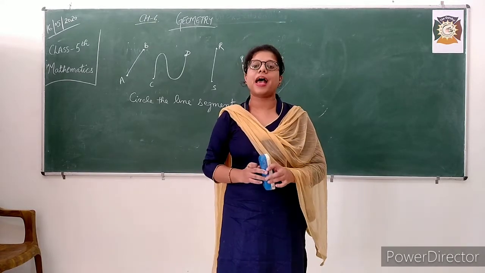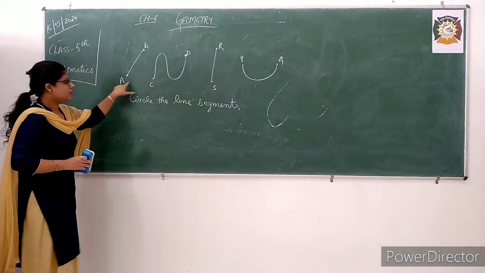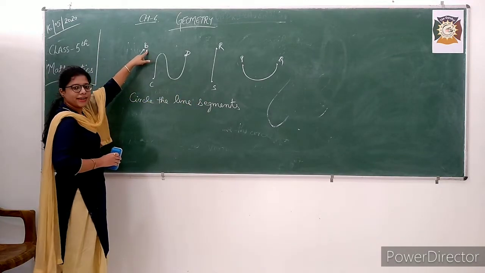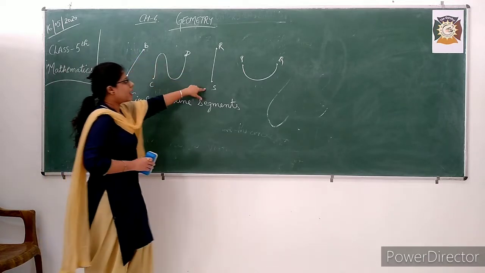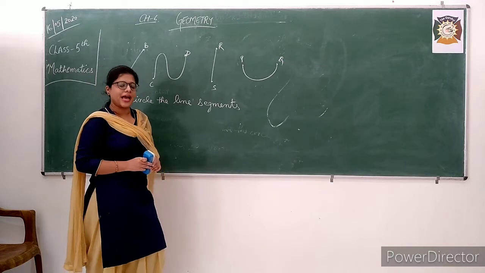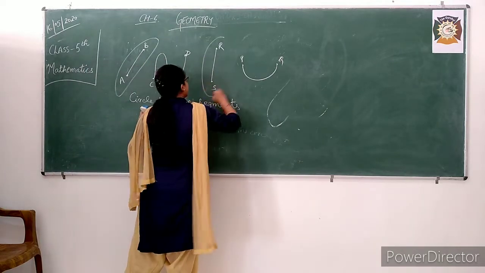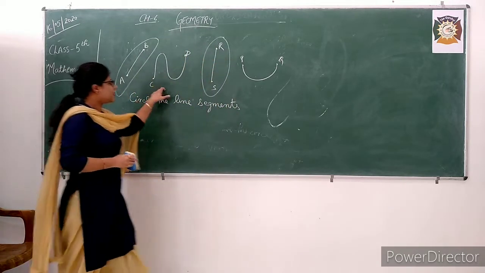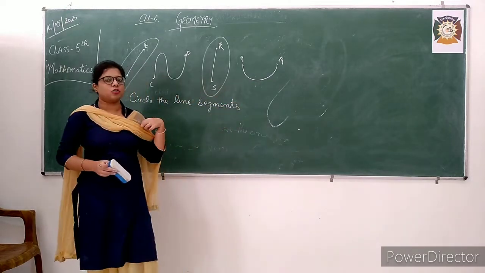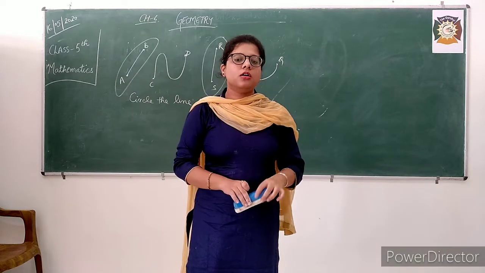End points and has a fixed length. So let us see in all these diagrams. This and this are lines and they are having defined end points, that is AB here and RS. So obviously these two become your line segments because they have fixed end points and a defined length. So let us circle these, this and this. The rest two figures that you are given are naturally not lines, they are simple curves. So we are not to circle them. So this will be the answer for this very question given in your book.